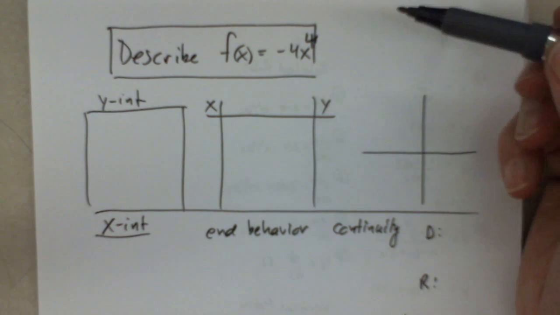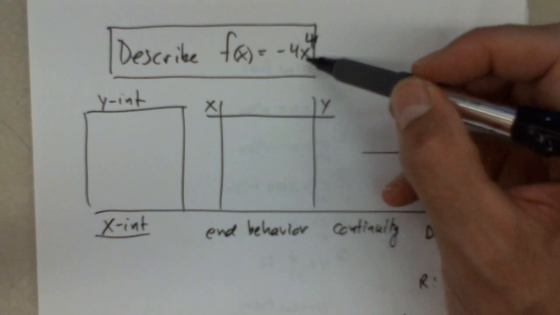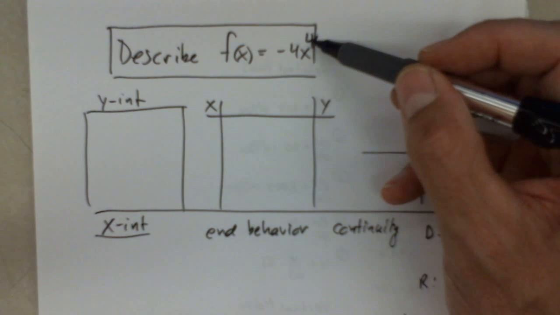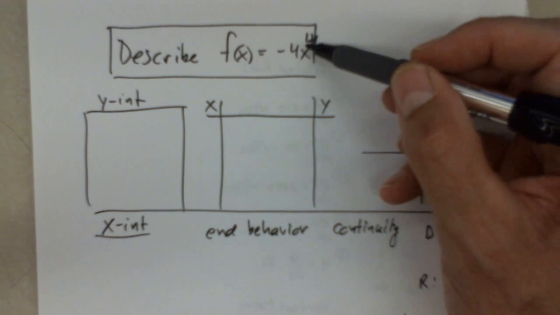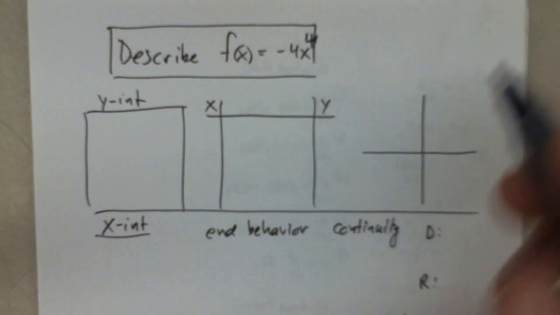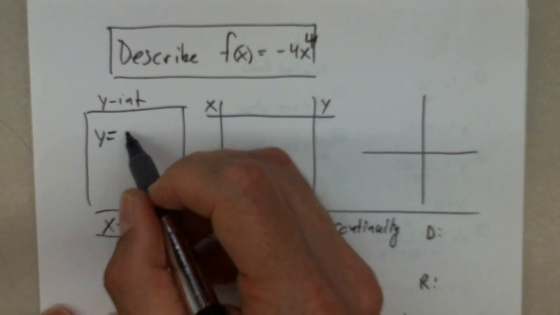And today we're talking about power functions, meaning it's just going to be a monomial with some power. So far we've talked about positive integer exponents, and then we'll talk about negative integer exponents, and we'll talk about fractional exponents. Okay, y-intercept is when the x equals 0,